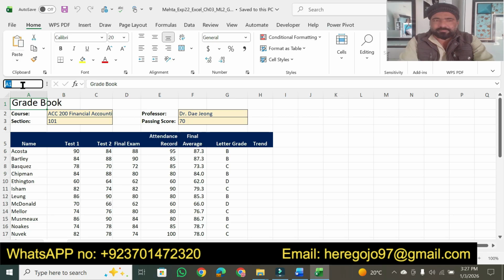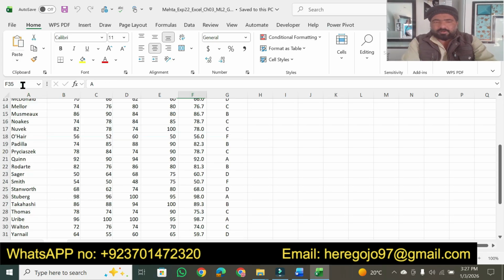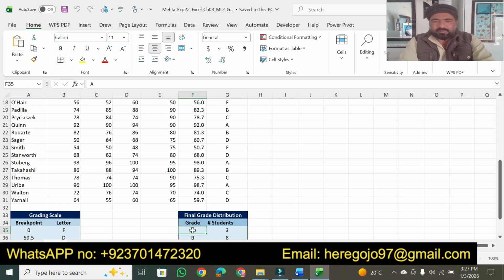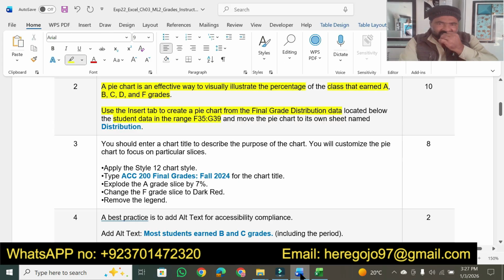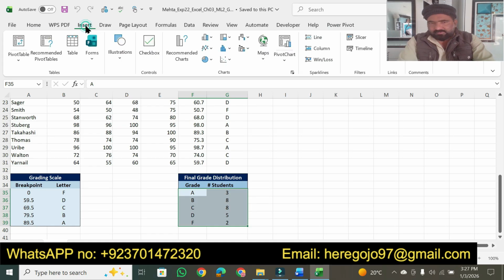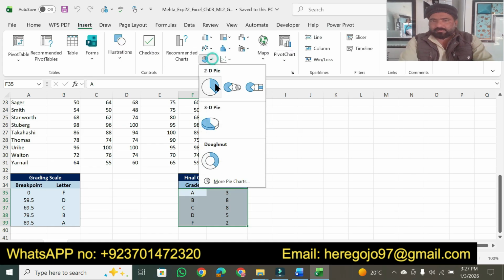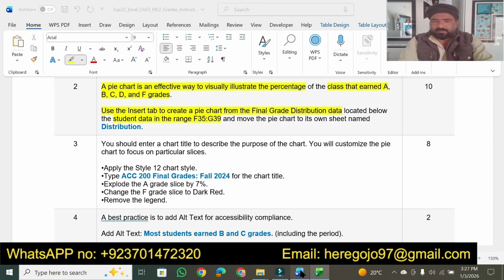Where is F35 to G39? Okay, this one. So first we have to select the range, then we have to create a pie chart. So we have to click on insert. There is a pie chart option. Then